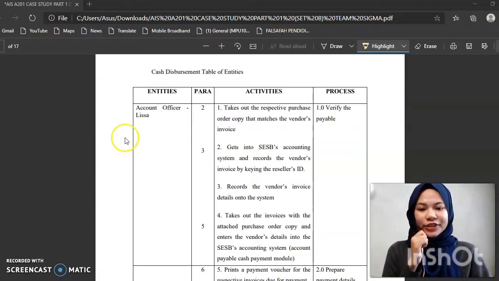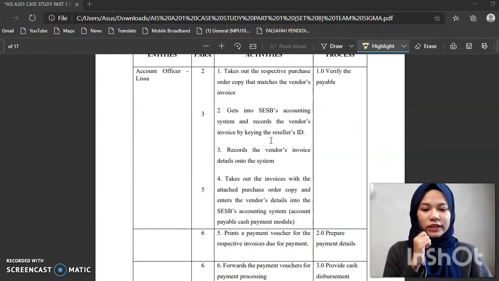Next is cash disbursement table of entities. There are only two entities in this cash disbursement table, which are account officer and computer programs. First of all is account officer, which is Lisa. The activities are take out the respective purchase order copy that matches the vendor's invoice, get into SESP's accounting system